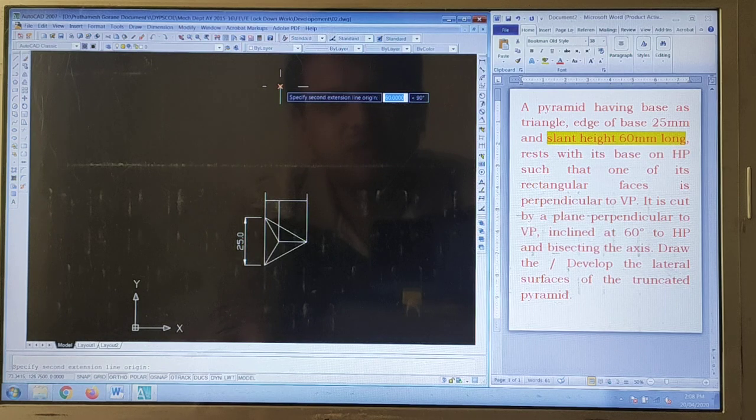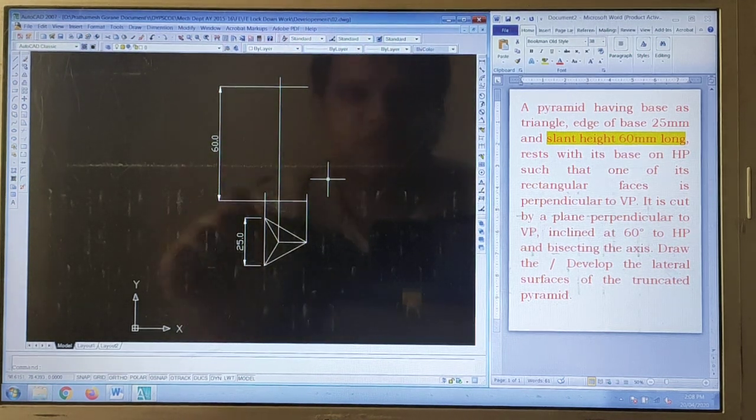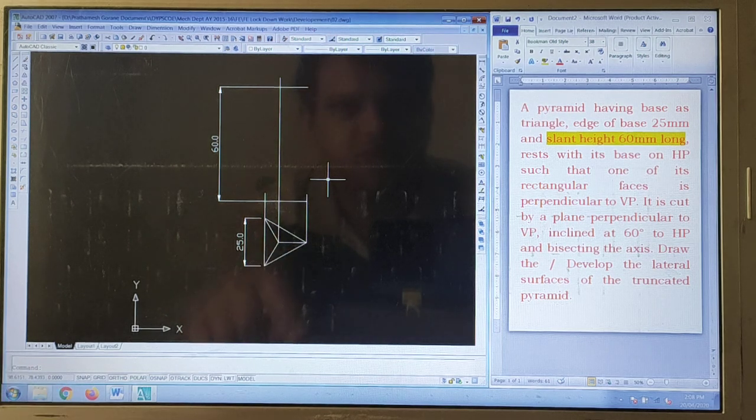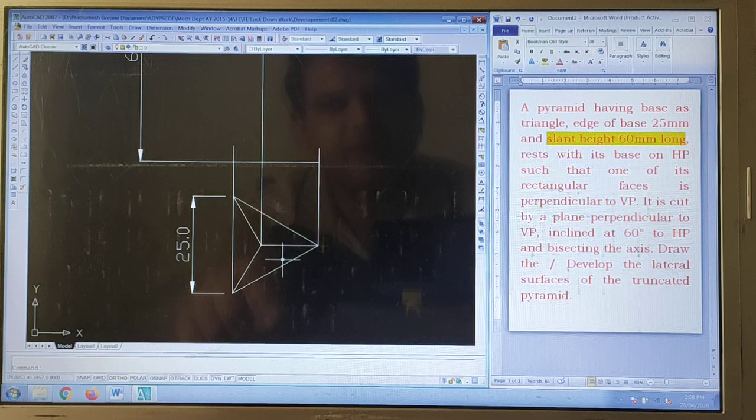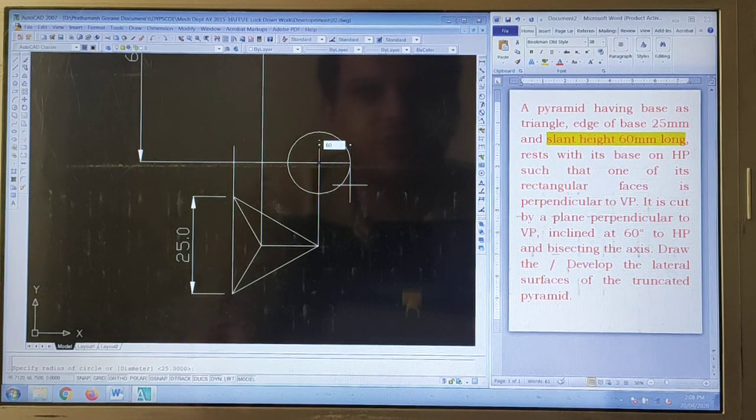But this is the axis height. Now what is given is a slant height of 60 mm. So the slant height needs to be marked from the axis where we have that particular edge parallel to the VP. So from this particular end we will draw a circle whose radius will be 60 mm.